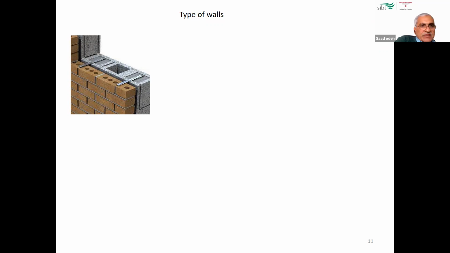The first one here is the brick layer. This is a brick. And then we have another layer. We have a concrete block here. And then in between, if you can see it, there's a small gap. Can you see this gap? This is an air gap. They put this as